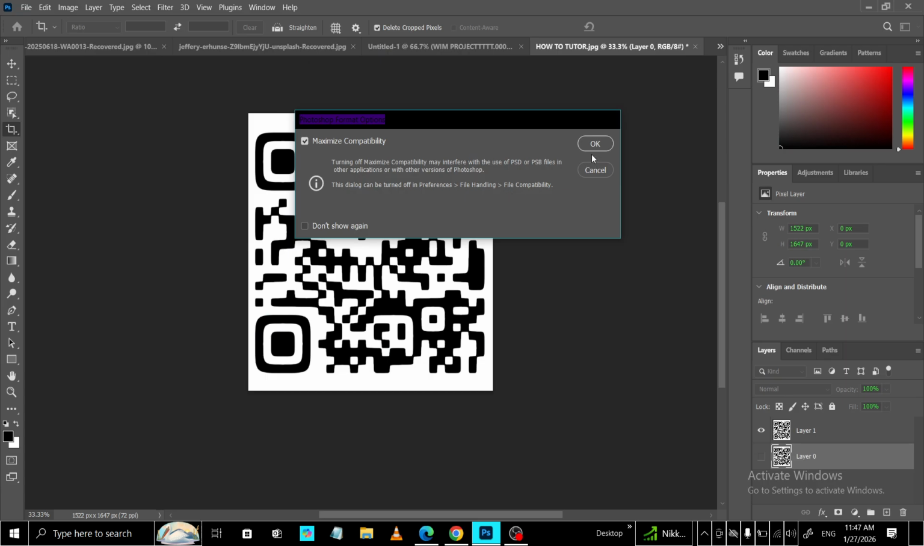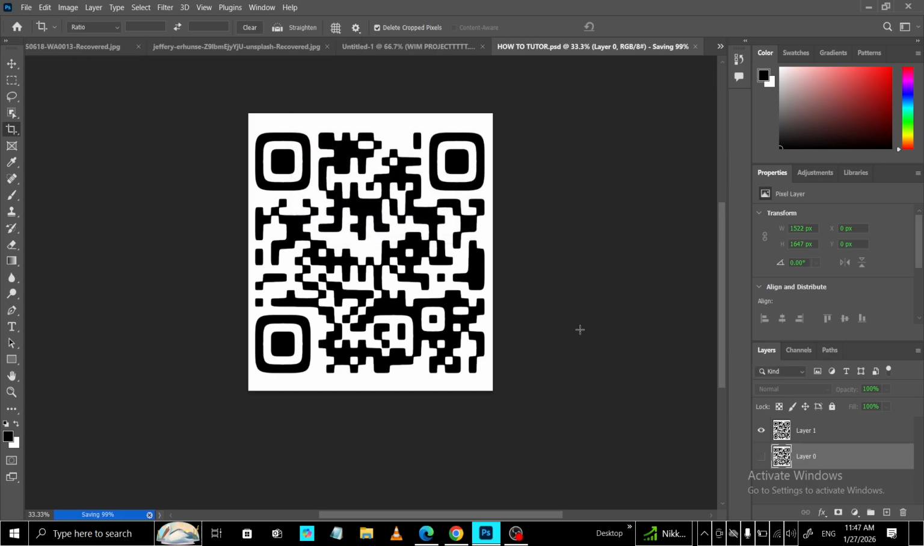Finally, click Save. Depending on your software, you may see a brief PNG options dialog. Defaults are generally safe and won't affect transparency. Some programs might mention flattening layers. That's expected when saving to a single